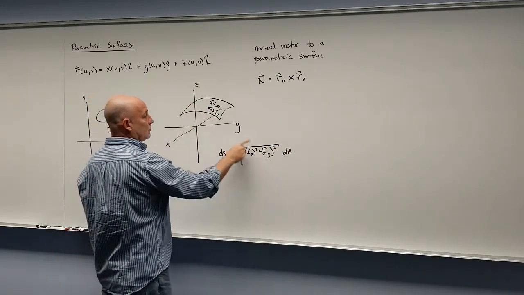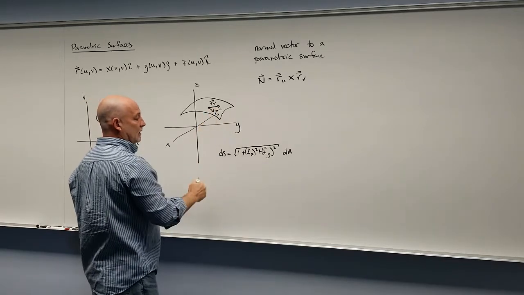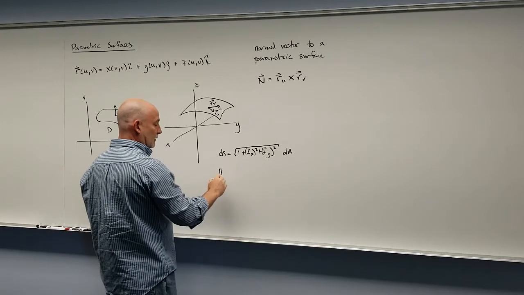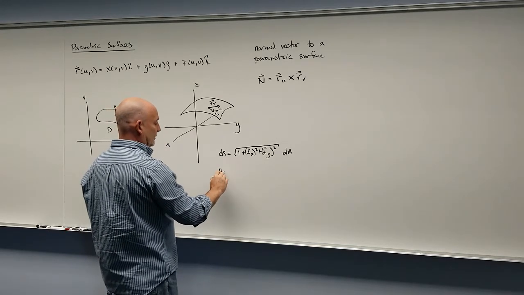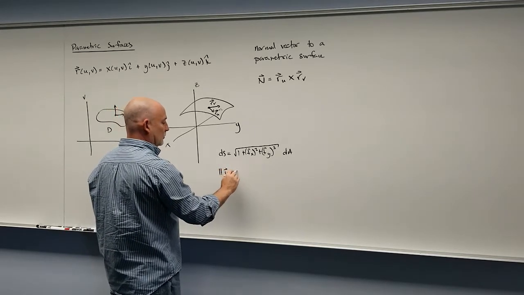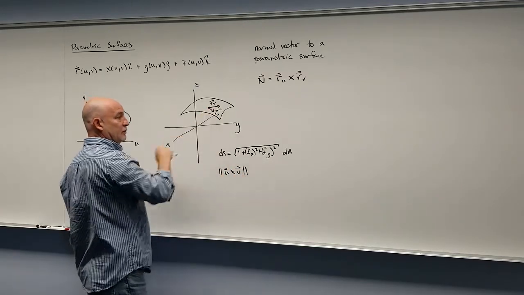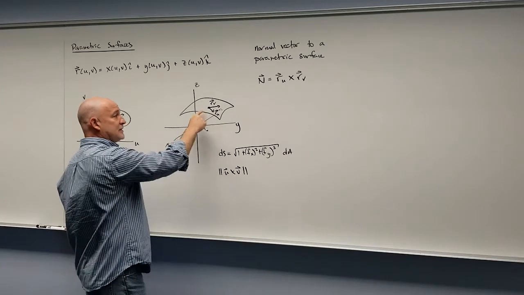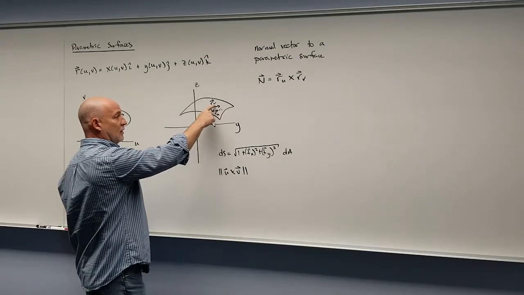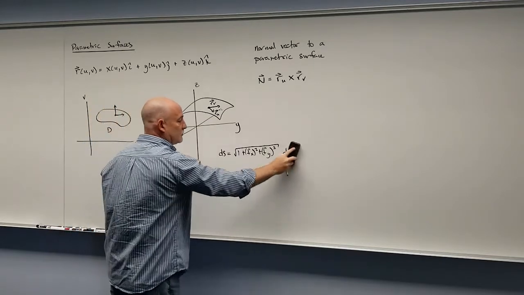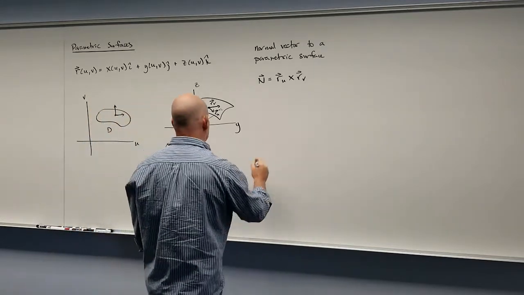Now this here was really just the area of that rectangle that we got by doing, remember it was the magnitude of, I don't remember what letters we called them, I think I called them u and v, where u was a vector in one direction and v was the vector in the other direction. Well, that's exactly what we have here, except now we say one is r sub u and one is r sub v. So to find the surface area, remember,